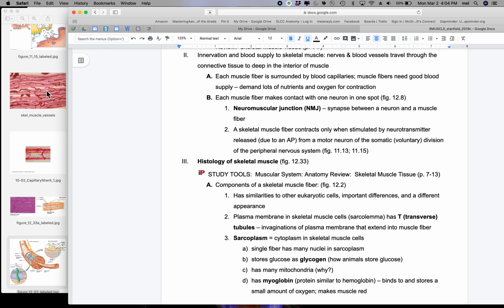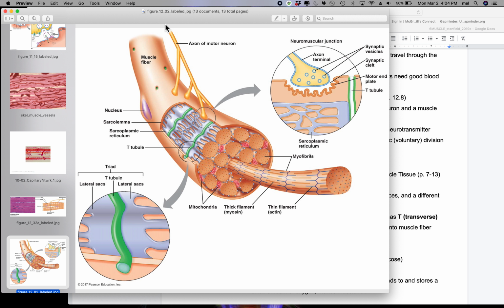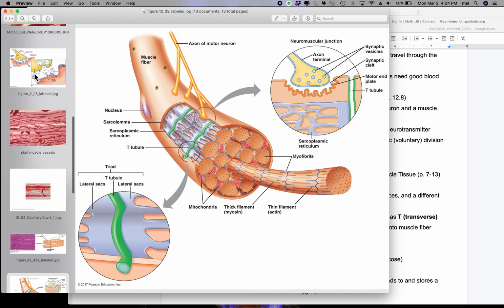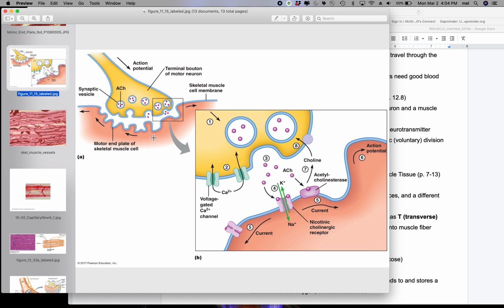And so what would happen, and we'll get into the details of this in a little bit, is the action potential goes down here, somatic motor neuron, neurotransmitter release occurs here, and then that is what is going to precede the action potential that's going to occur. So we'll get into this in more detail when I see you guys on Wednesday, right after we finish the